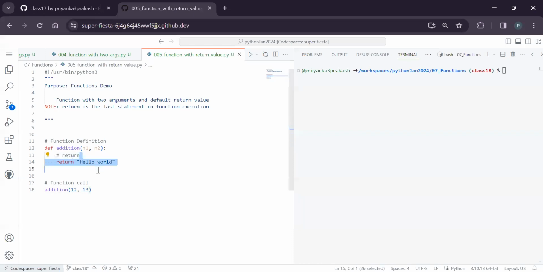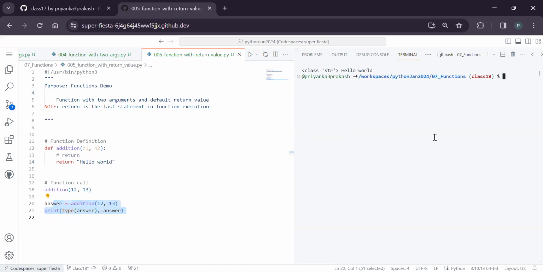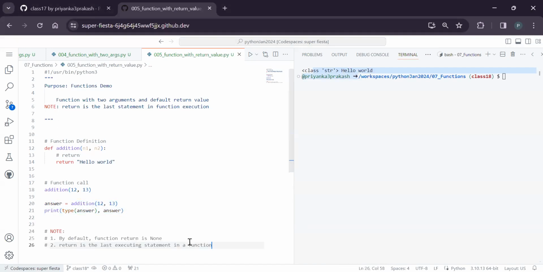Say here in this case, instead of printing, I'm returning it. Then how do I see the outputs? I need to assign to some variable and I need to get it. I'm assigning to some variable and I'm trying to get it. Now, did you see it is saying that it's of type string? And you already know that the default return from that particular function is none by default if you don't specify anything. So what if I am mentioning that,